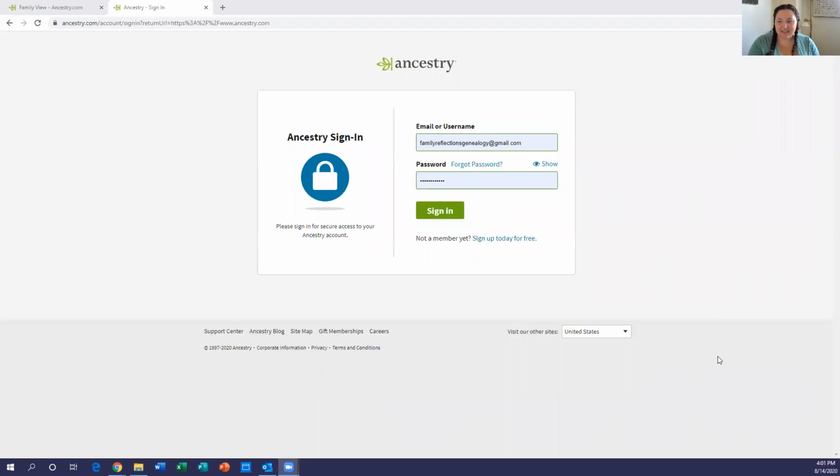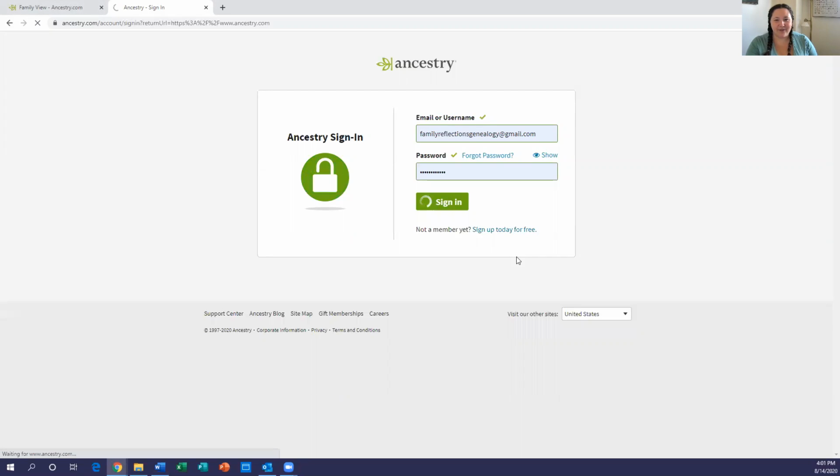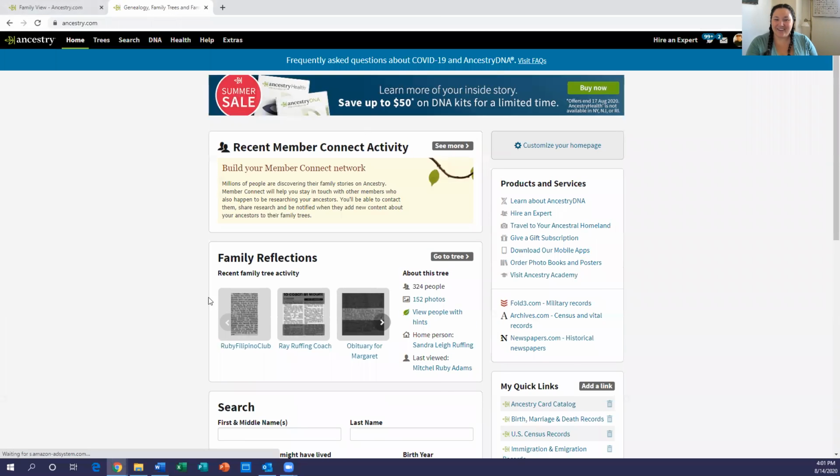All right, so this is the Ancestry.com homepage. So this is where you will log in. So I happen to already have a login because my wife is a big genealogist. So we are going to sign in with that login. And then when you get here, you're going to see something like this. So this will look different if you haven't started your account yet, but because we do have an established account,